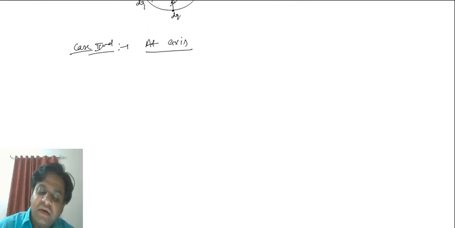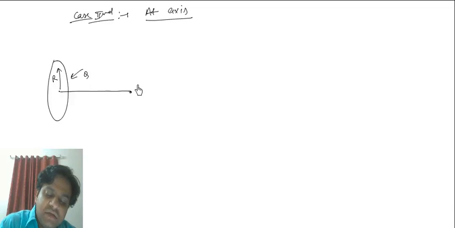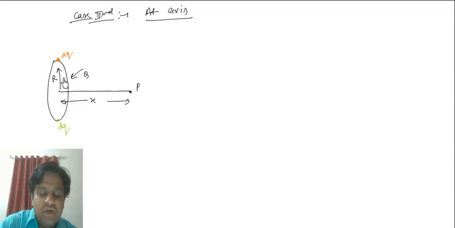If I have to find the electric field on any point which is present on the axis of the ring, so this is the ring having charge q and radius r. Let's say this is a point P at distance x from the center of the ring, and if I have to find the electric field at this point, then what I'll do is I'll simply divide the ring into many small charges, which are, let's say, dq. So this is a charge dq, that is another charge dq, and at this point I'll put a